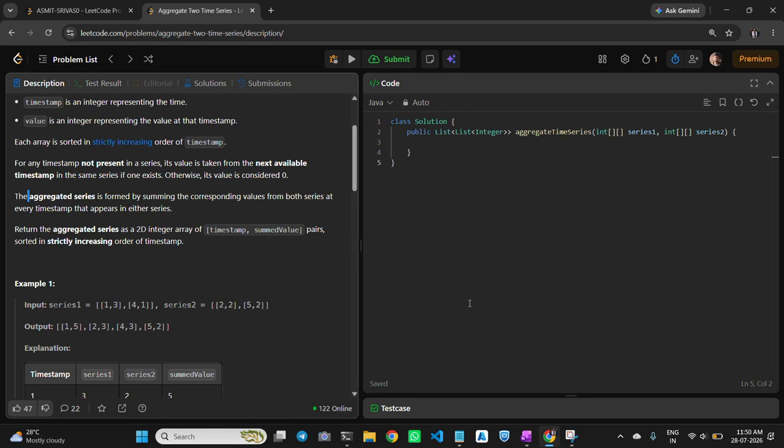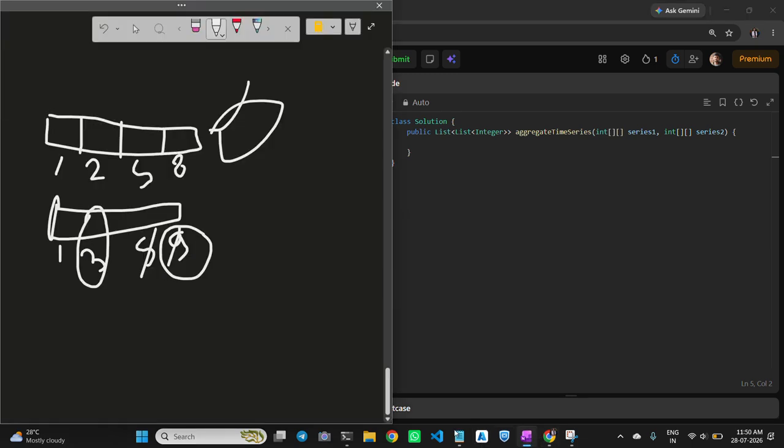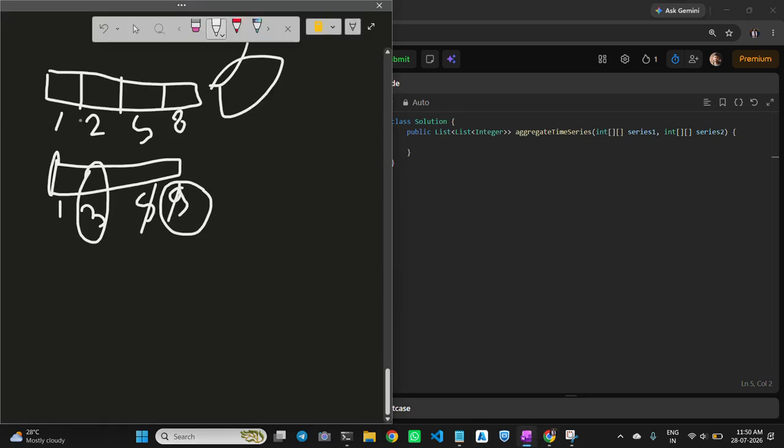So you have to create an aggregated series formed by the corresponding sums from both series. In this example, when forming the aggregated series, the timestamps will be 1, 2, 3, 5, 8, and 9.